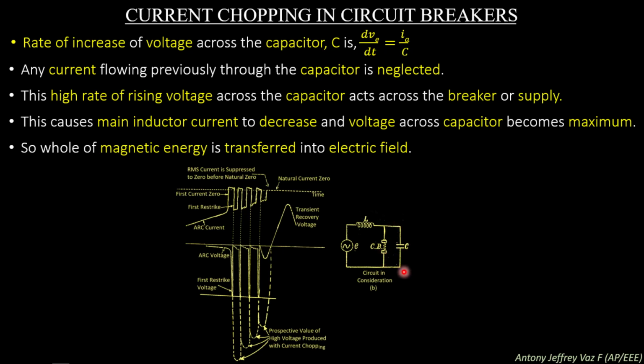So the complete voltage which is present across this capacitor will be applied back to the circuit breaker contacts and to the inductor. This causes a field energy to be formed in the circuit breaker contacts, and this energy is due to the presence of very high electric field energy in this capacitance due to the charging effect of the inductance.